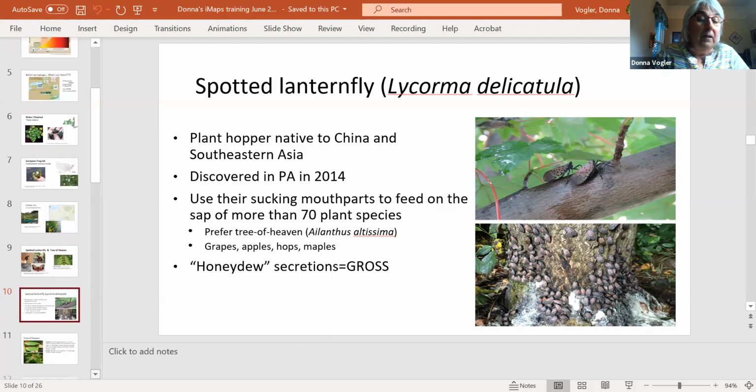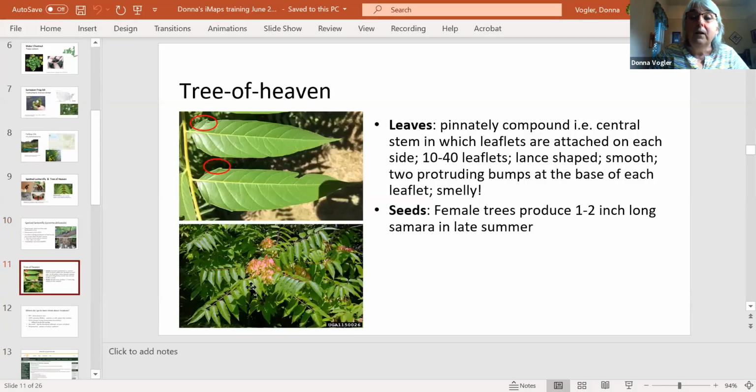Get down to the next ones here. So for the tree of heaven, the little red circles show you where those sort of glands are on the leaf. But when you just crush the leaf, you can really smell that. They produce seeds somewhat like ashes do. They're a little winged thing with a seed in the middle, but unlike ash, where there's a seed at one point and a little wing that comes off of it, in tree of heaven, the seed is in the middle and the wings are on the outside. And they produce a lot of these late in summer, and they sort of stand out from afar. So this is actually one that you can sort of look through and find by binoculars.